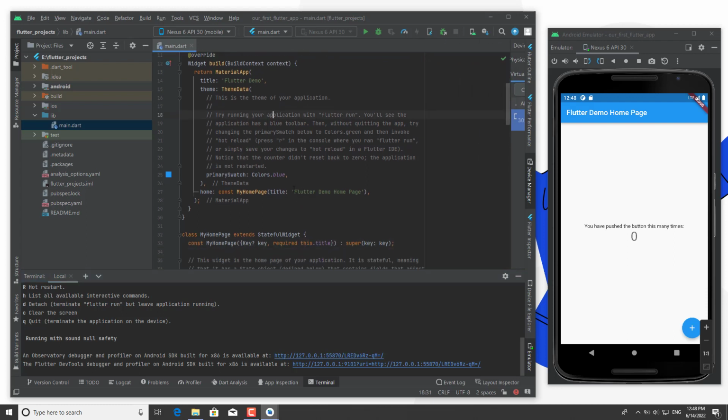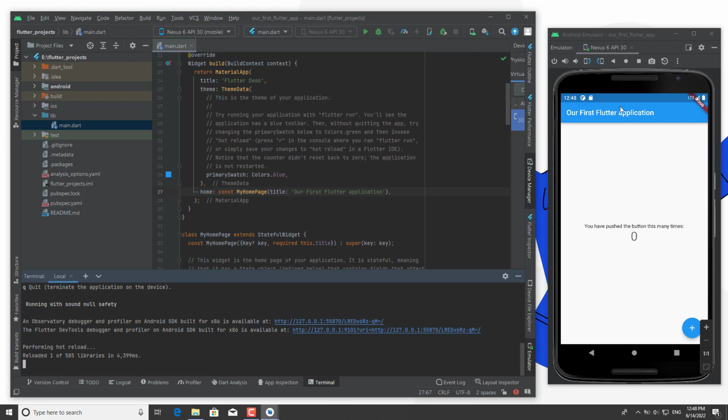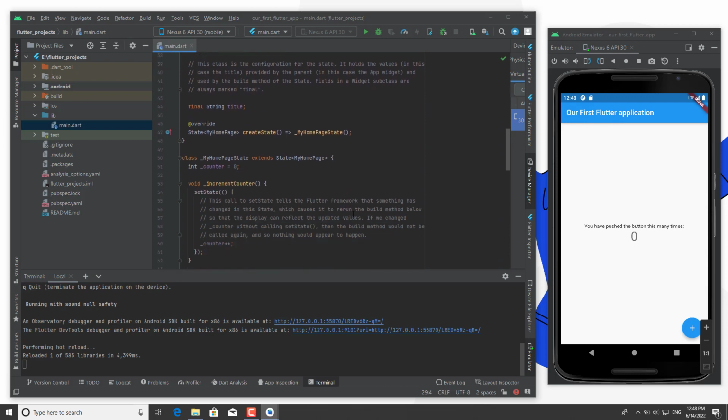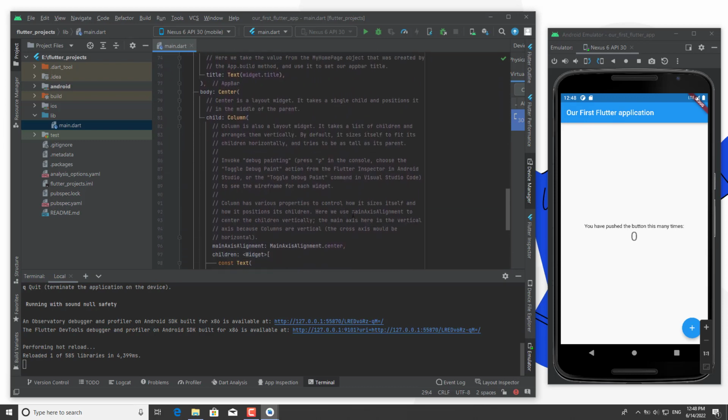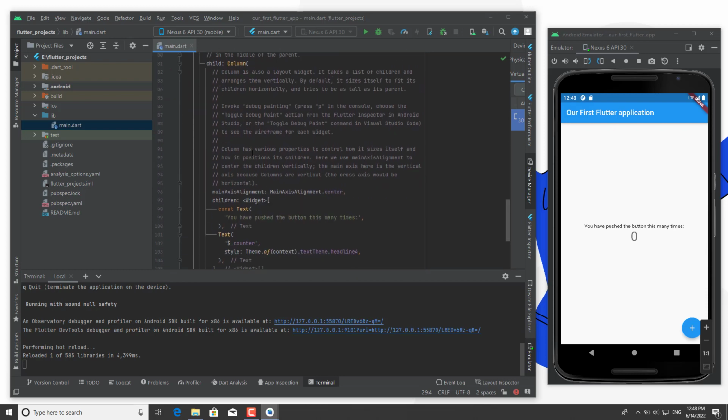I want to change some parts, like here, Flutter demo, our first Flutter application, and I will just hit the R button to reload our first Flutter application, you can see, and much more. Here we have, you will learn all of them in Flutter, of course. Okay,